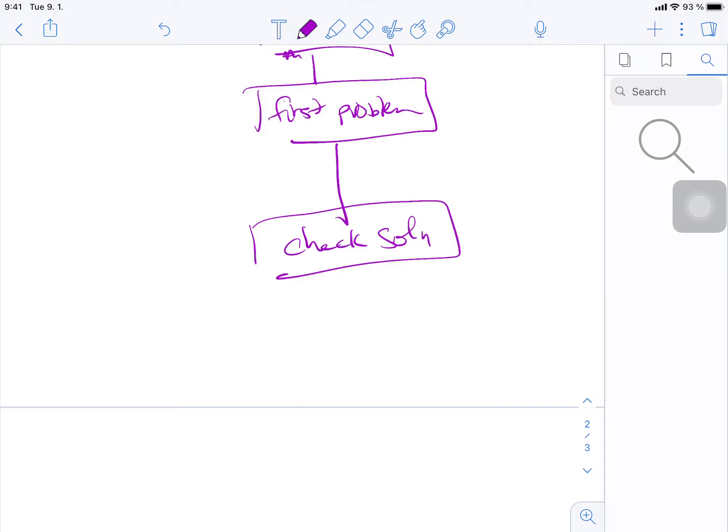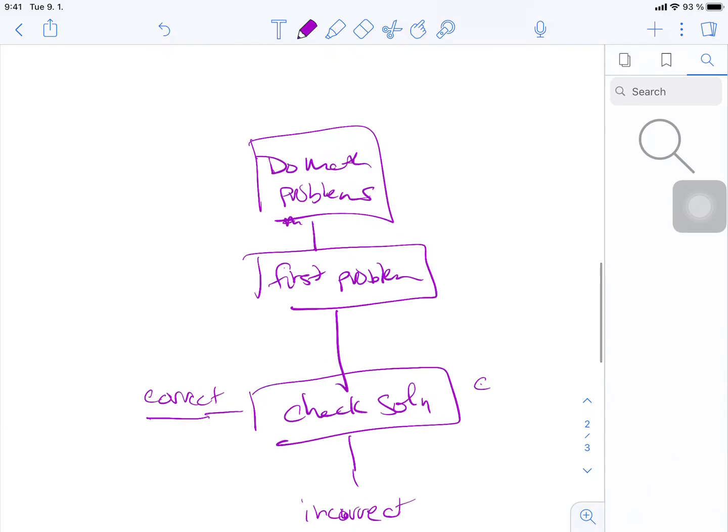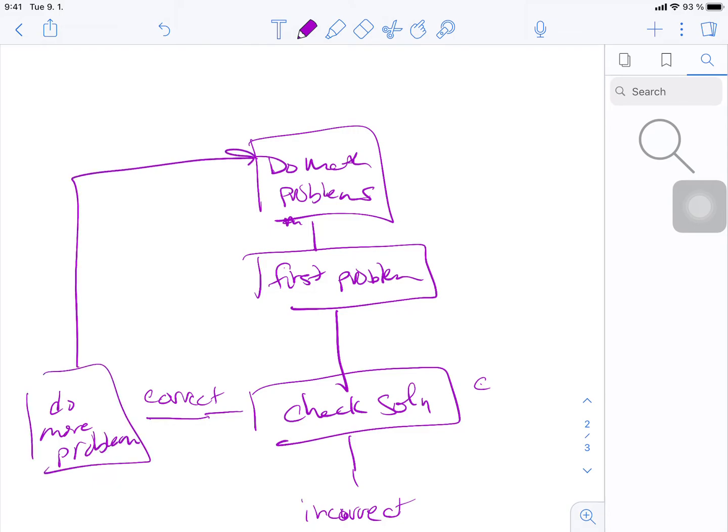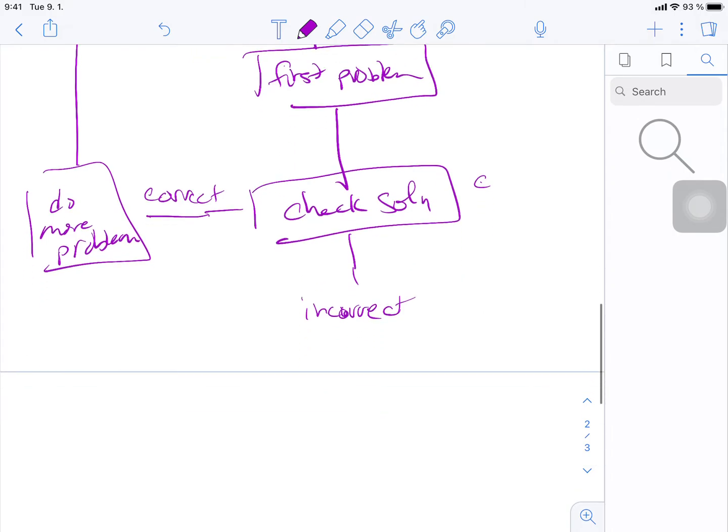Now one of two things could happen. You may be incorrect, or you may be correct. If you are correct, you do more problems, and then it ends up circling back to do math problems. If you are incorrect, though, you have to determine your mistake